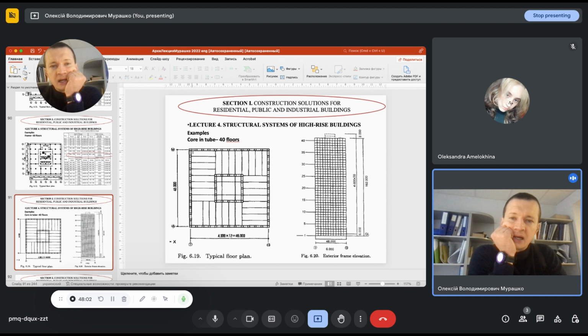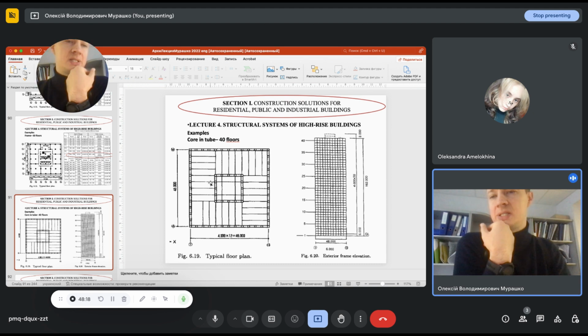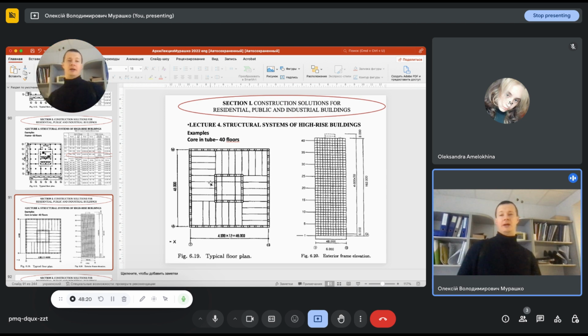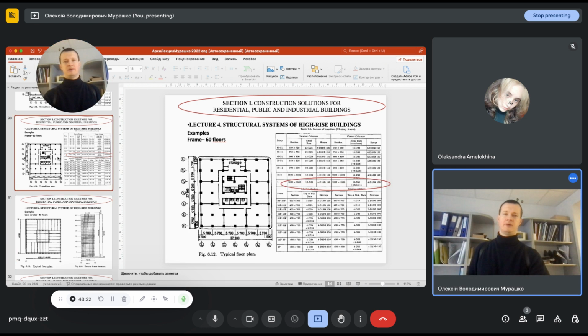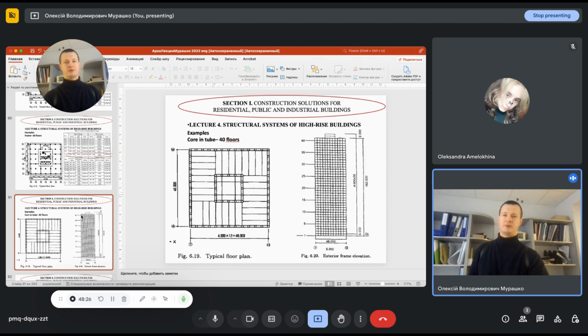Here you can see columns, and between those columns we have beams, and in this direction we have slabs which are located in this way and in this way. So this gives a huge space, 16 meters. For example, if you compare it with the previous system, we have only 4.7 meters between the columns, and in this case we have almost 16 meters between the vertical load bearing elements,